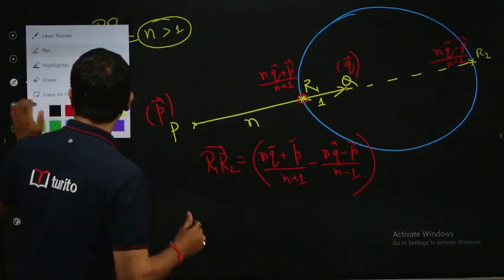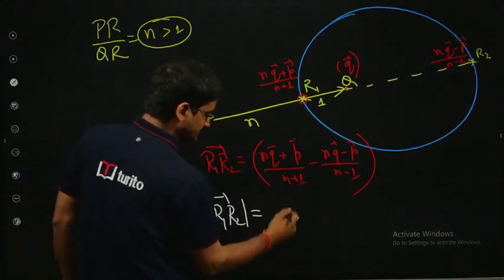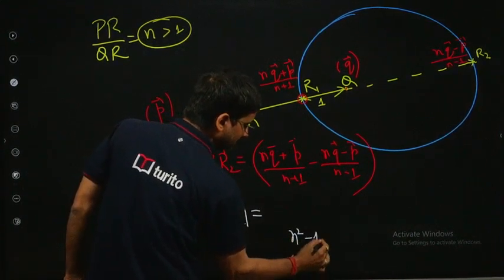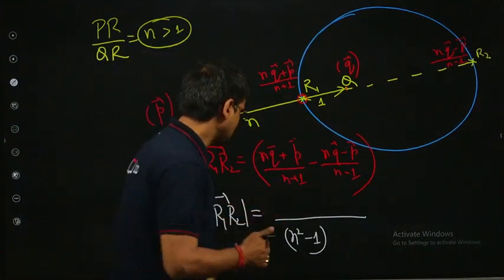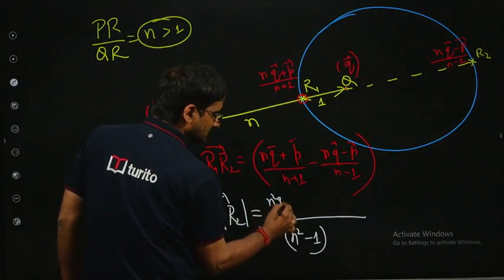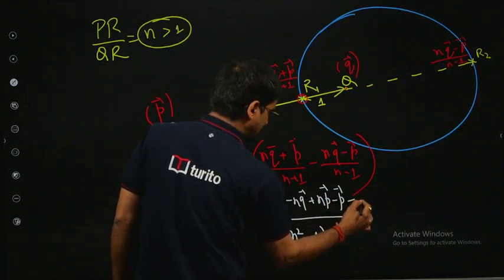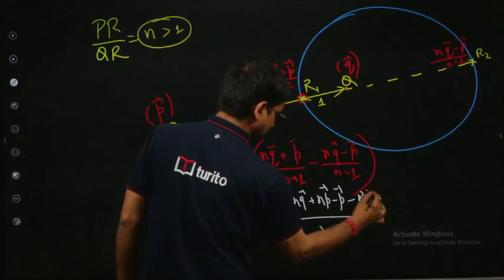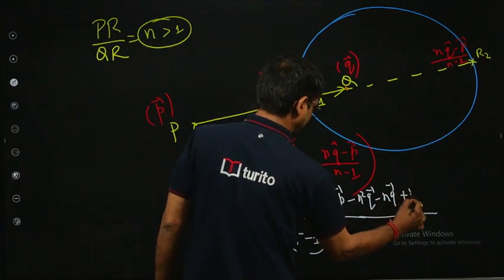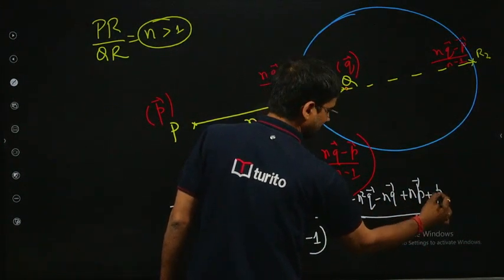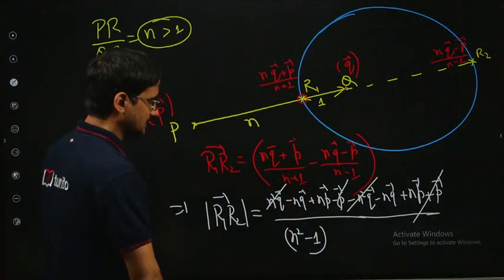Now this implies the length of the R1R2 vector, just for simplification, is the square root of this: in the denominator n square minus 1, in the numerator it will be n square q minus nq plus np minus p minus n square q, then minus nq plus np plus p, isn't that so? So p and p got cancelled, n square q got cancelled, so it's